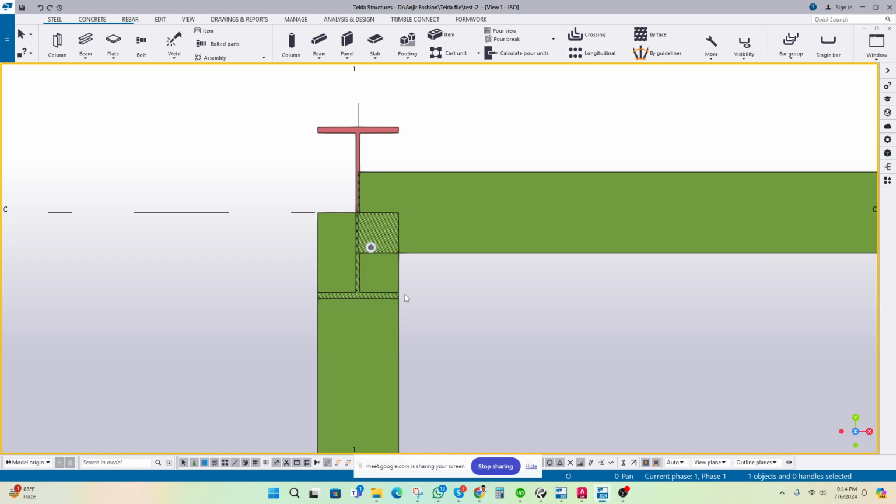Okay. For example, right now, if I say to you, depends on your client or on your project, what types of connection you need. For example, if I